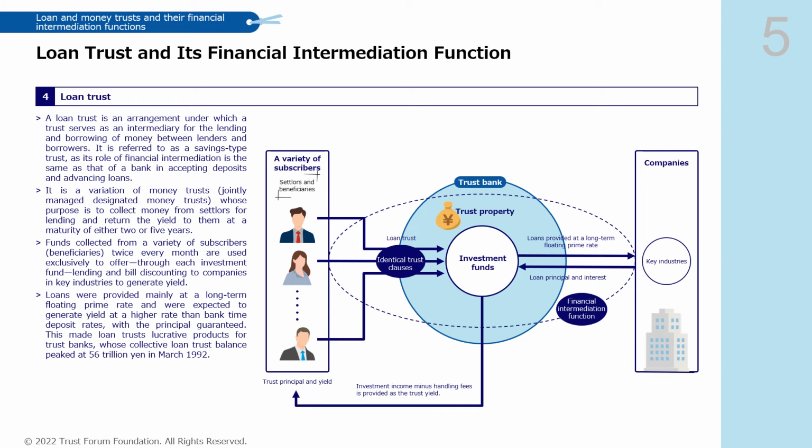A money trust, whose duration is a minimum of 1 year, is an arrangement to invest money received from settlors in investment destinations and vehicles specified by trust clauses and return investment income in cash based on investment performance to its beneficiaries. Unlike loan trusts, however, money trust investment destinations are not limited to loans or bill discounting, but also include public and corporate bonds, stocks, call loans, commercial papers, real estate, trust beneficiary rights, and deposits.